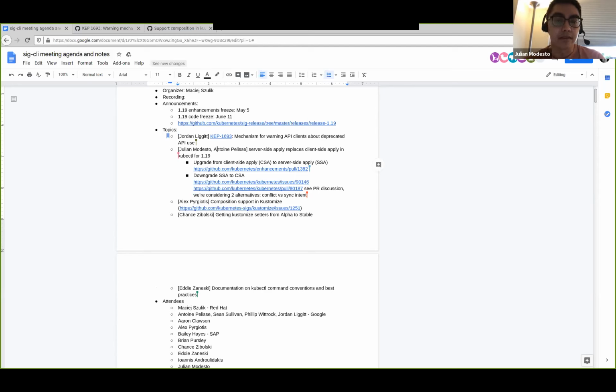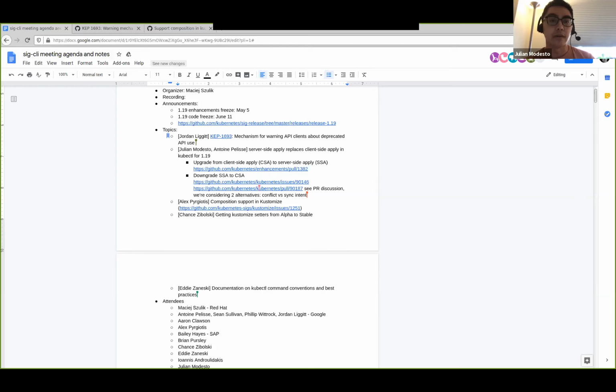Yeah, and briefly, what we want to do for the upgrade is make it so that there aren't conflicts initially when someone wants to manage an object with server-side apply instead of client-side apply. And then for the downgrade, we want to make it also seamless.